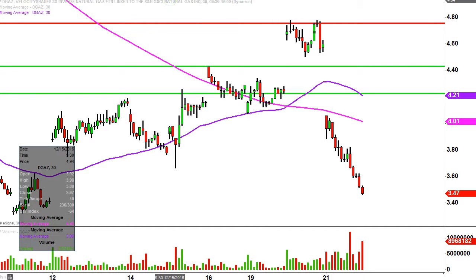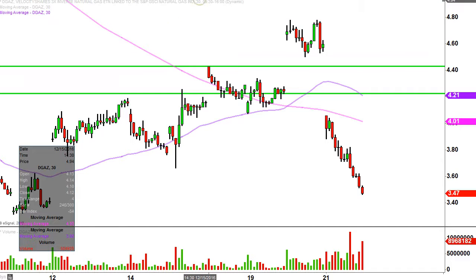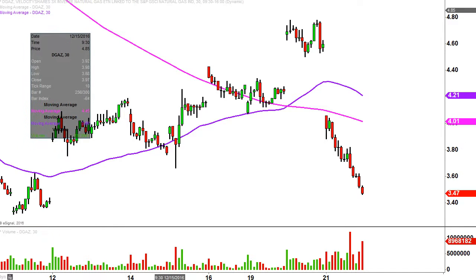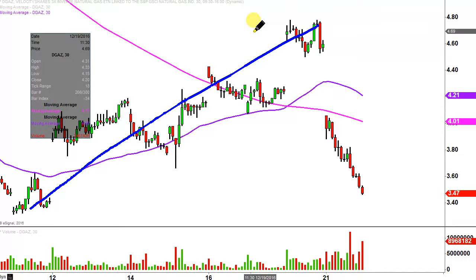And this is why I'm not going to say it's wrong, but why it's just so risky to be holding these leveraged ETFs overnight. Trading them, fantastic, all that. But just how quickly things can turn. Granted, like I said, I'm not saying you're wrong because technically people could have bought down here around 340 and then just rode this uptrend here and made some nice money. But there is just a lot of risk that comes because in a heartbeat, things can turn around